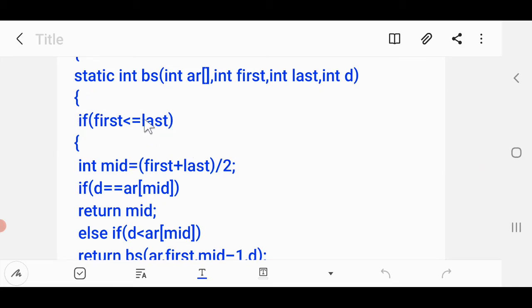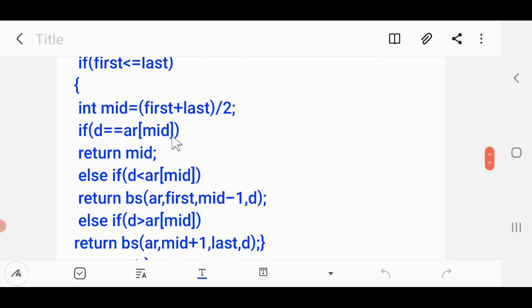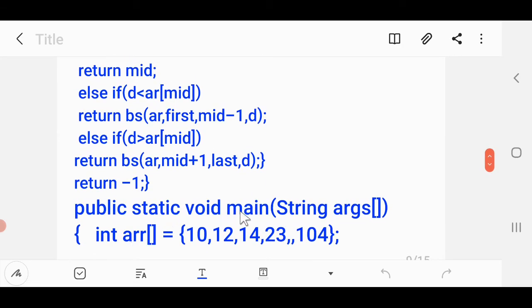If that is true, then only these steps which I have discussed, to calculate the middle location, to check equality, if it is less than, if it is greater than, are to be written within this condition. Then only the process of recursion is to be continued. Where is recursion? You can see the function calls here. BS has been called here also, BS has been called there also. Otherwise, when this condition is not true, the control is transferred here, and it returns -1, meaning the data is not found.